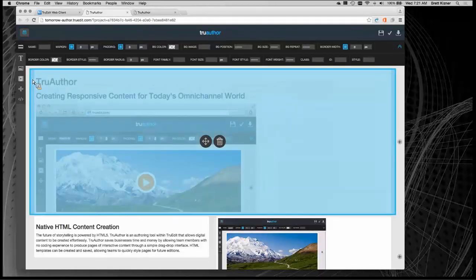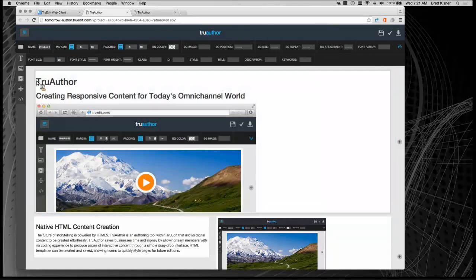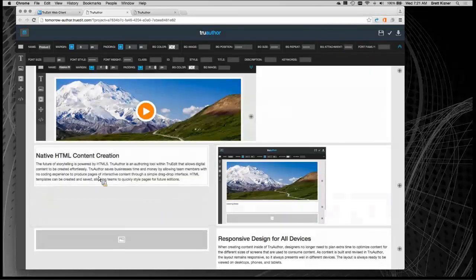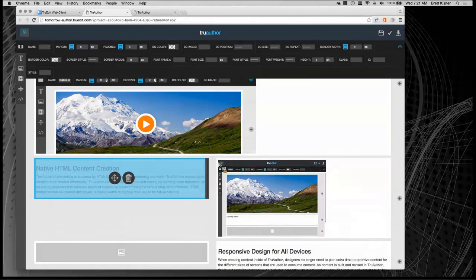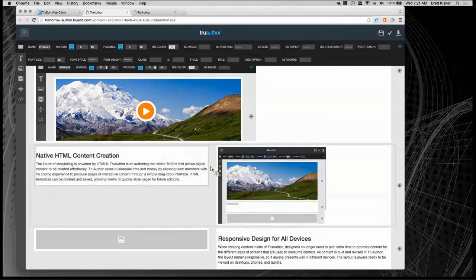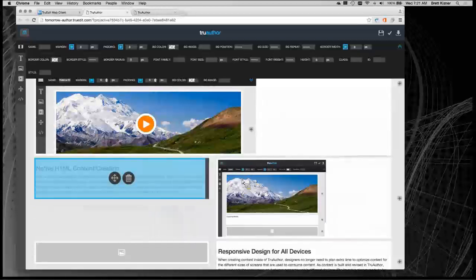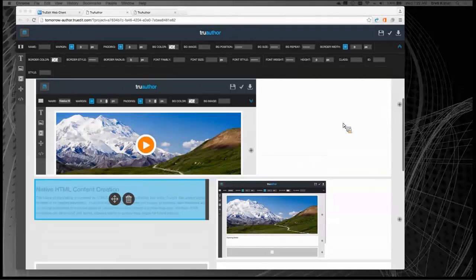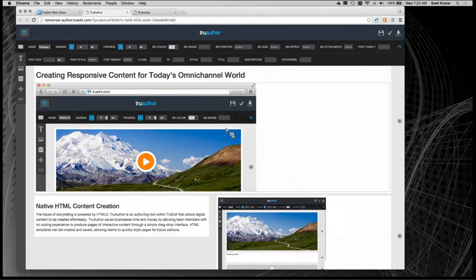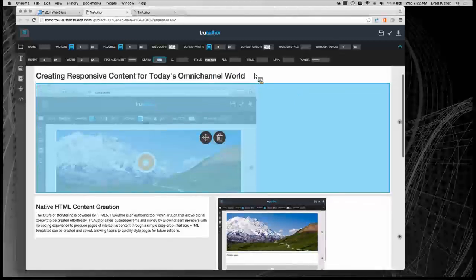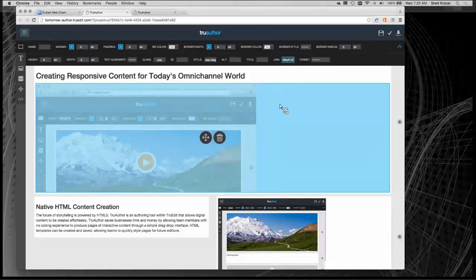And you'll notice here I've got prompts where I can come in and just enter in my content. And rather than have you watch me create all of this from scratch, we'll go ahead and just copy some content in. We also have the ability within this edit mode to populate our images. So I can come in here and I can select my images. This is where you can see I can select my content from TruEdit. I can browse to my local computer, find an asset, and have it automatically uploaded to TruEdit. Or I can enter in a URL for an image and link to content that may be already on a website, may already be in a digital asset management system.